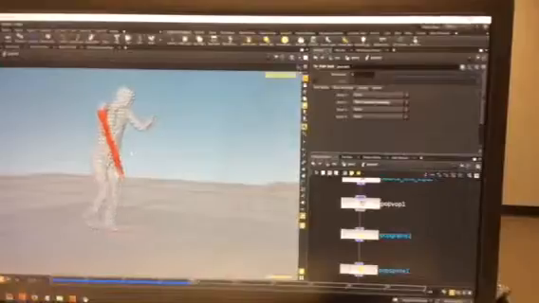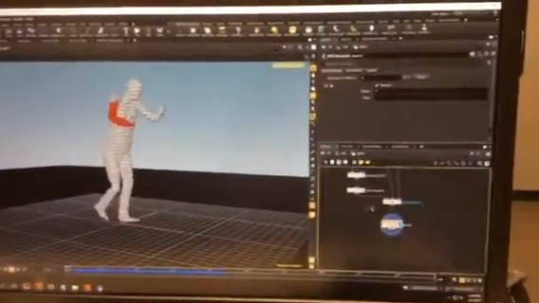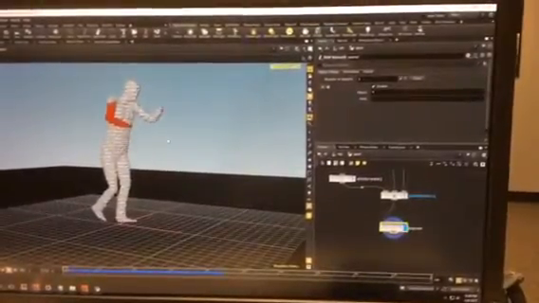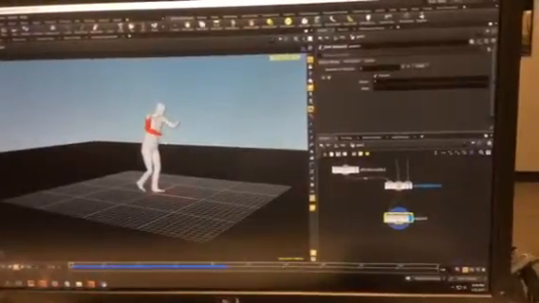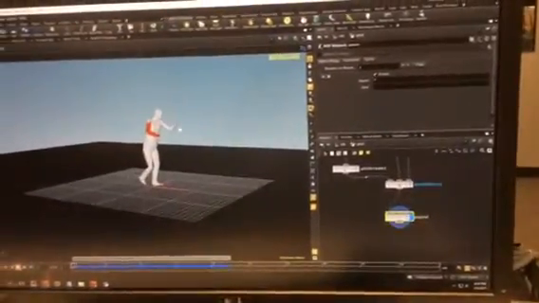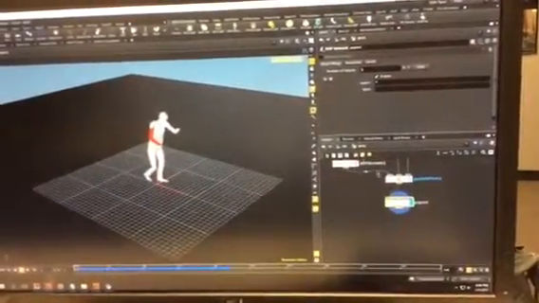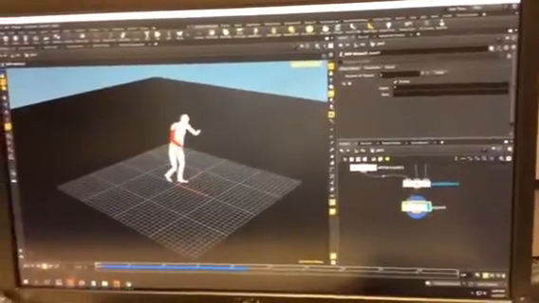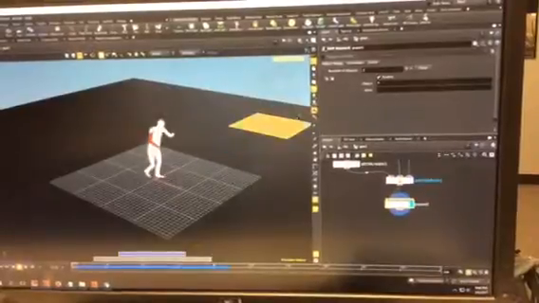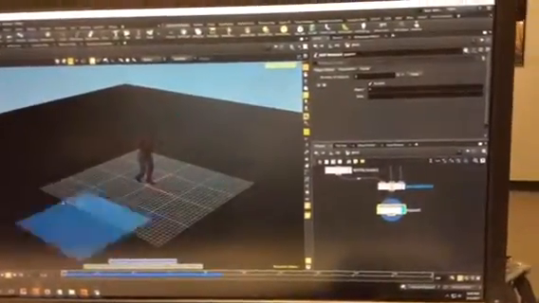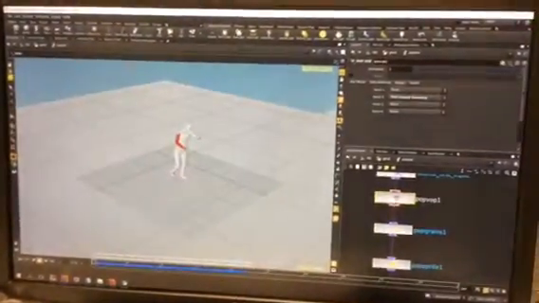If I had a lot more time, I would really play with the values of the solver, but there isn't enough time. I'm just going to try to finish this demo as quick as I can. The other problem is, back at the SOP level, outside of the DOP network, it's still bringing in this ground plane, which I don't want. So if I go inside the DOP network,